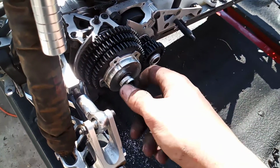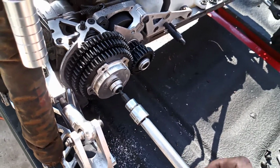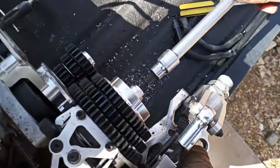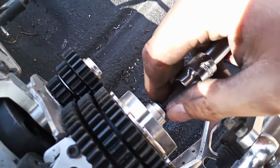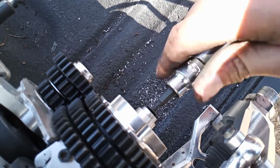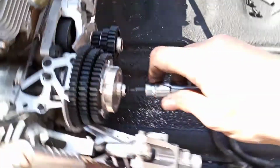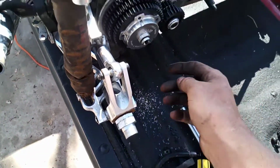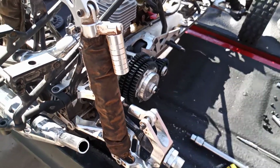Okay, now I gotta be careful. Gotta slide that on there. Nope. That's not, I gotta hold this other tire from spinning here. Yeah, see. I gotta. This screw's too long, huh? See, that's what I'm talking about, guys. This is weird. But anyway, you guys get the idea of how it works and how that's supposed to go